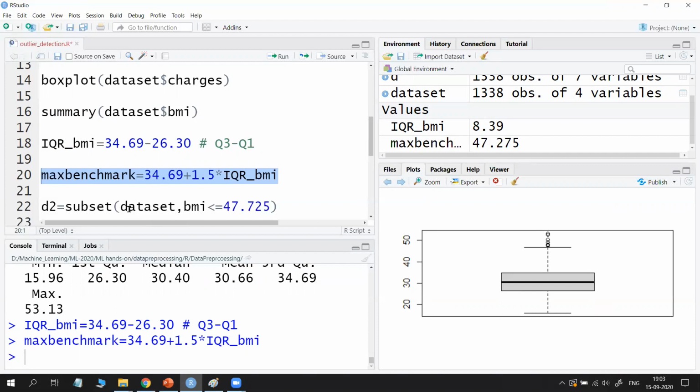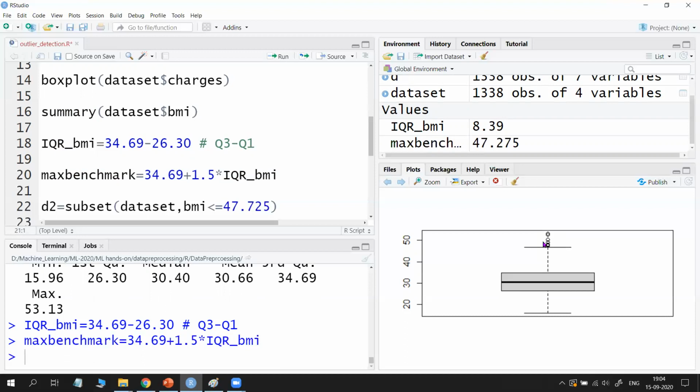Observe here: values above 47.275 are outliers in this BMI feature. You remove the values above 47.275, then all the variables are in the same range and your model predicts in a better way. We will discuss how your model works in the next videos. But now you have found the above benchmark for this particular variable.